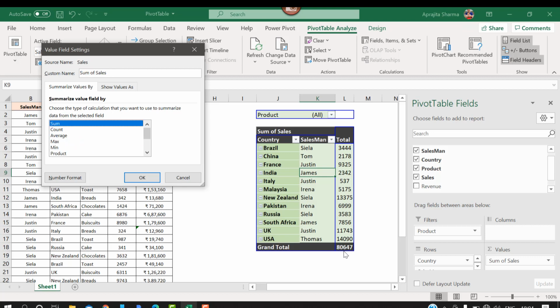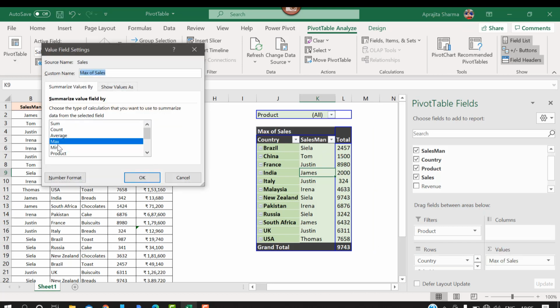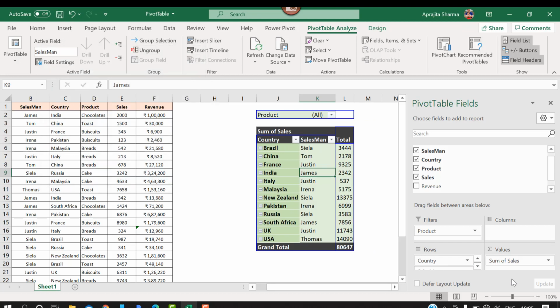Like here my sale is 80,647. I can simply change it to average. Now I'll get an average of each of the salespersons in this particular country. Similarly, I can go to minimum. These are a few options which you can play around with as per your requirement.